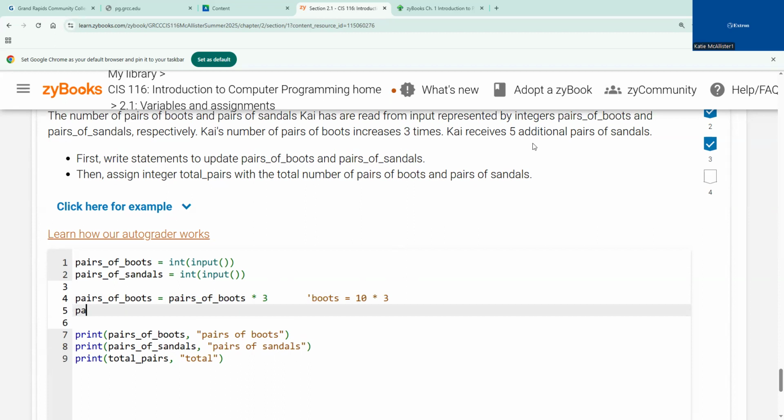So my pair of sandals, let me copy. My pair of sandals now is equal to my pair of sandals, oh, I messed up the word, plus 5. Mine, I think, is plus 5. Yeah, receives 5 additional pairs. So again, if the user of the program enters 50 pairs of sandals and it is an additional 5 pairs,